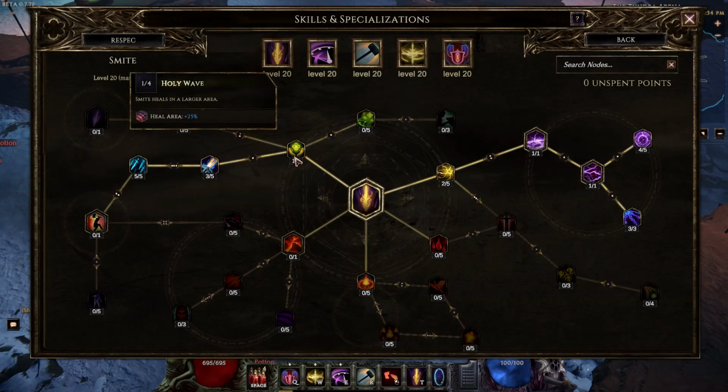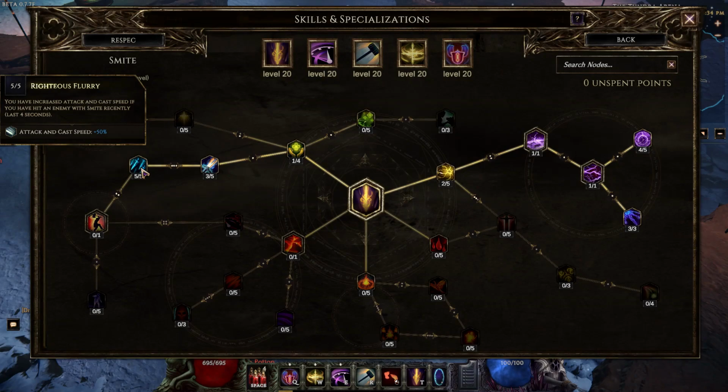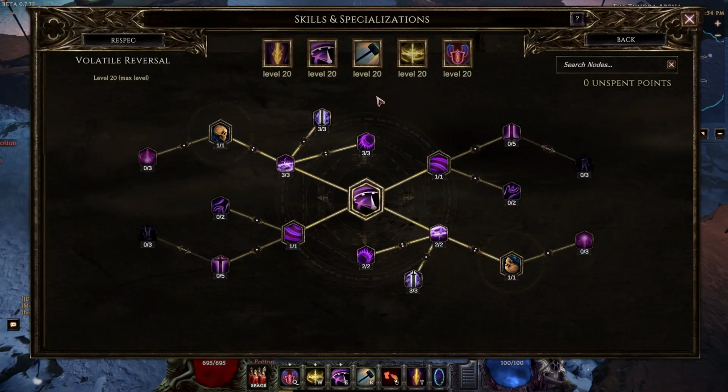We have 1 point in Holy Wave, 3 points in Righteous Fury just to unlock Righteous Flurry, and we have 5 points in there for 50% increased throwing attack speed when we proc this, which will be all of the time. For Volatile Reversal, we're also using this only for increased attack speed, and we only use it basically when